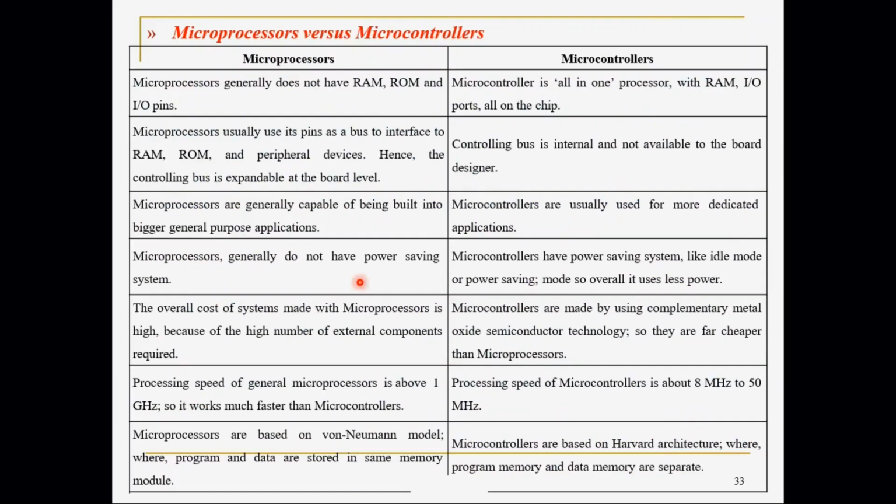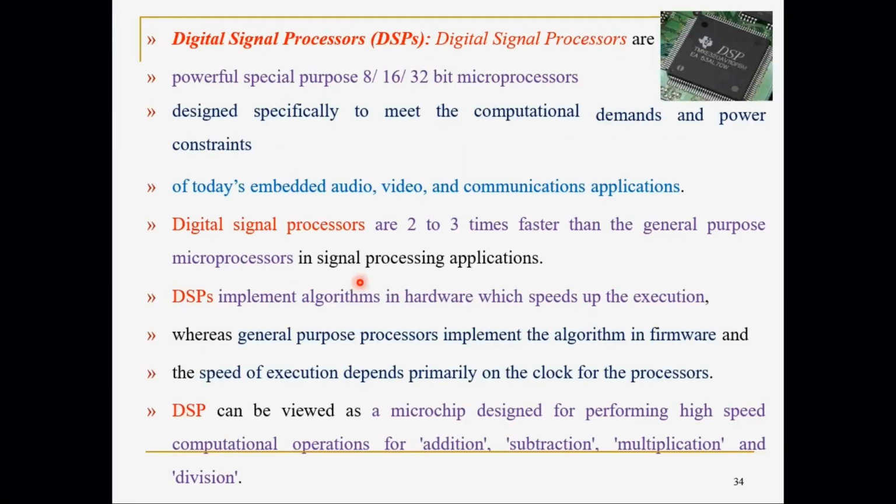Then next one. So till now we have studied microprocessor, microcontroller, and also the difference. Then one more component which can be used as the core of the embedded system, if you don't wish to use microcontroller or microprocessor, is DSP, digital signal processing. So what are DSPs? These are fixed, already designed circuits, just like a microprocessor or microcontroller, which process various inputs and create some output. But DSPs are designed to work on signals.